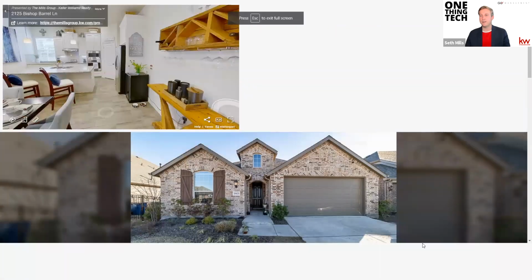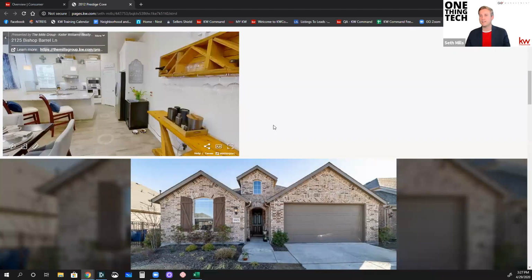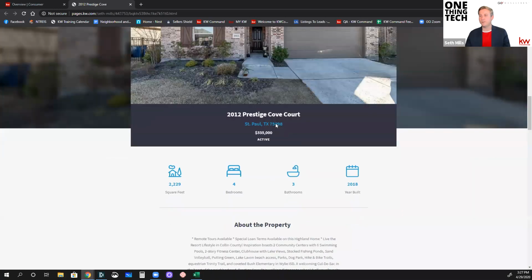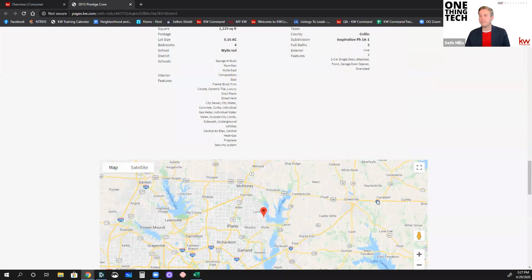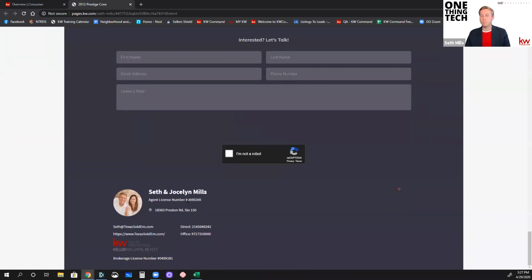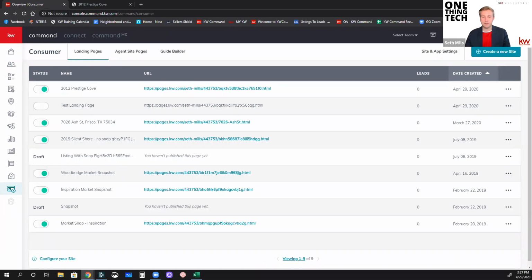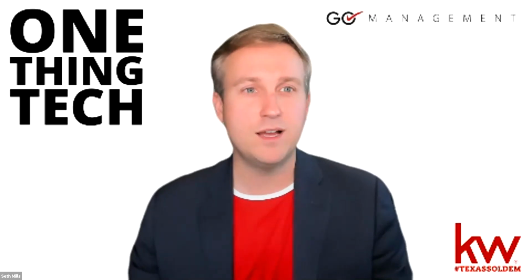Again, you can enter full screen. You can exit, you're still on the exact same page. It has the full listing. It has all the photos right here, all the property details, the map. It has the neighborhood stats, the lead capture, and the branding here at the bottom. Pretty cool. All right. I'm going to show one more thing before we go, but before we do,